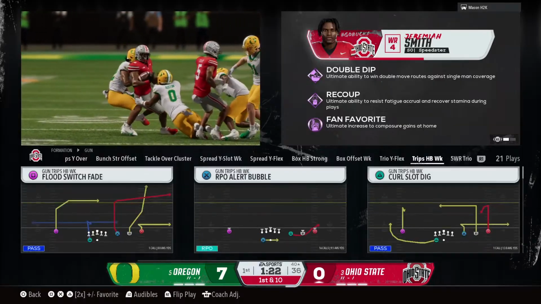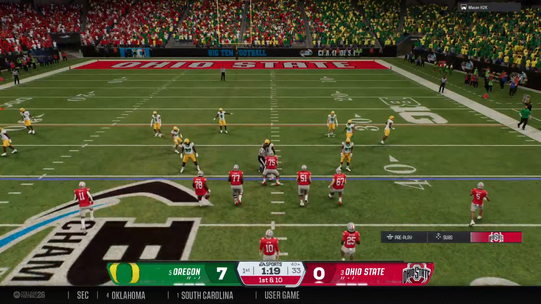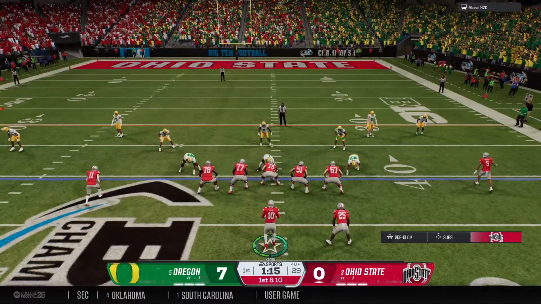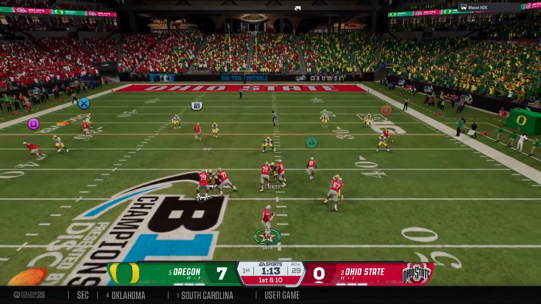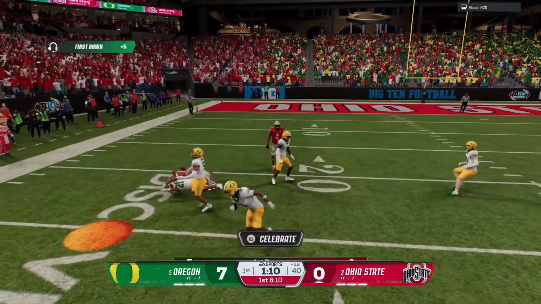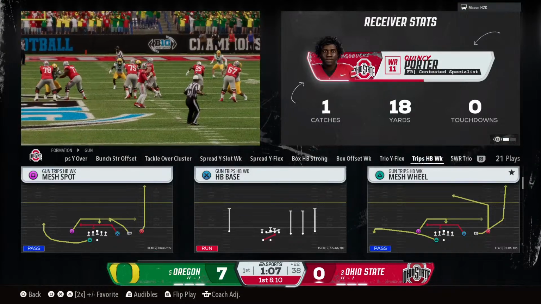And you just continue to see the chemistry between these two. And they told us yesterday in our production meeting, they spent hours and hours of working and developing that chemistry and that rhythm by throwing together throughout those summer months. And, man, it's starting to really pay off. He's become his security blanket for the quarterback, and especially on third down, get him the ball.